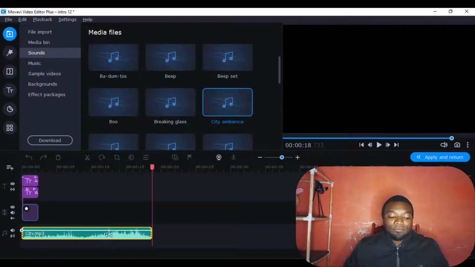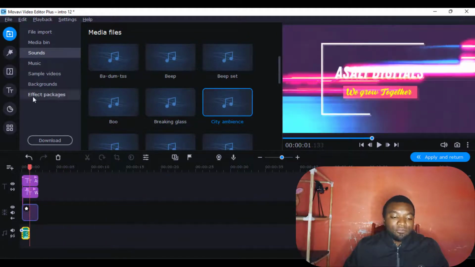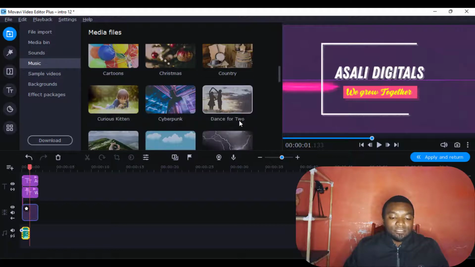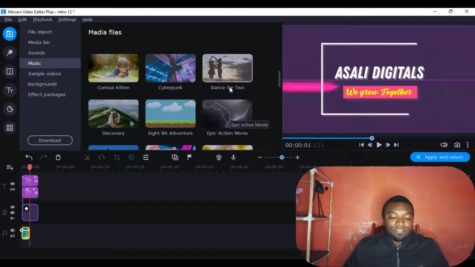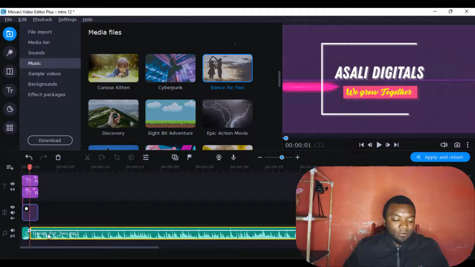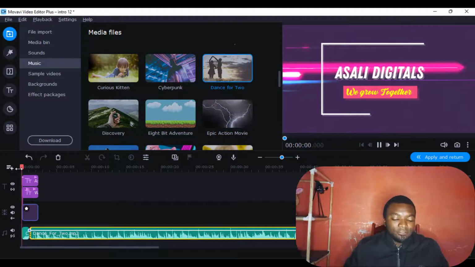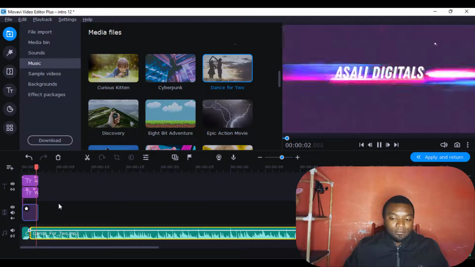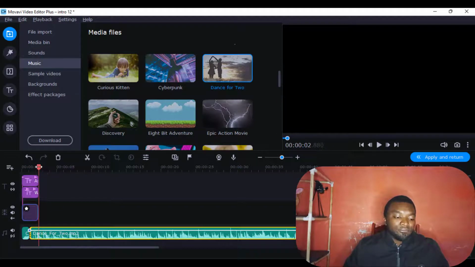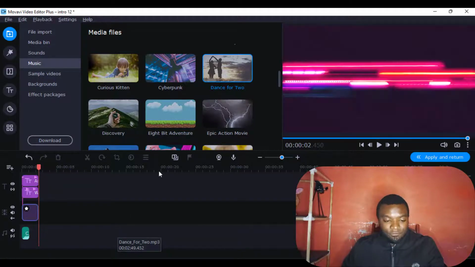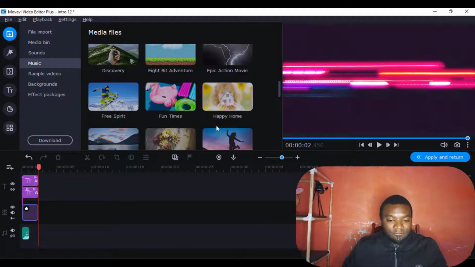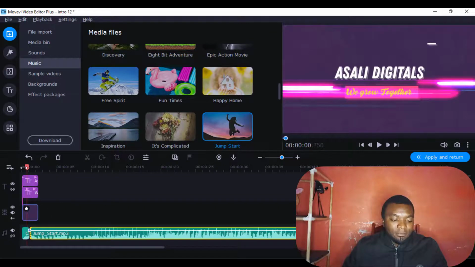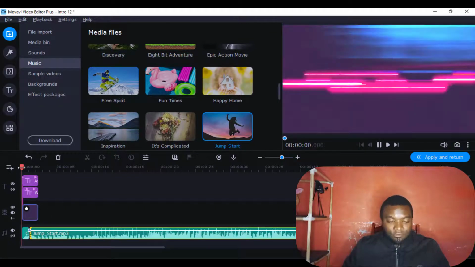yeah, maybe you can also combine sound effects with audio, with music. Maybe I come here, I look for an audio. Maybe I choose this one here, dance of 2. I combine them here. Let's see how it will sound. Let me play. Yeah, maybe I choose that one here, but I think this one I've used before. Maybe I look for another one. Maybe this one, jumpstart. Maybe let's try this. You just sample the audio and the videos until you find the one